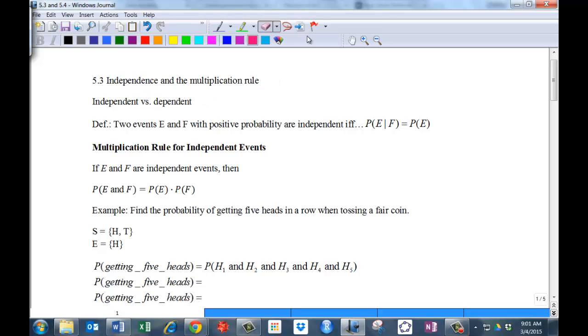Okay, let's take a look at 5.3, which is the idea of the multiplication rule mainly, and then this idea of independence. So two events E and F with positive probability are independent if and only if the probability of E given F is equal to the probability of E. Now, you don't have to worry so much about this, but mainly I want you to note that when the events are independent,